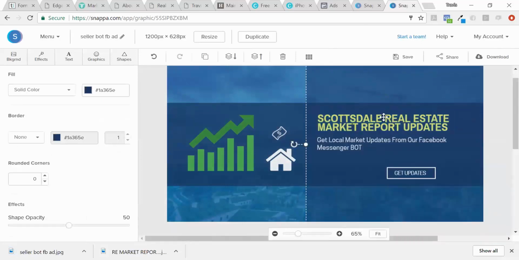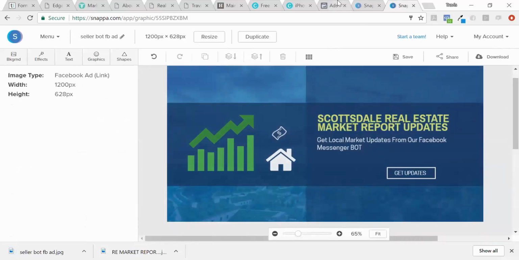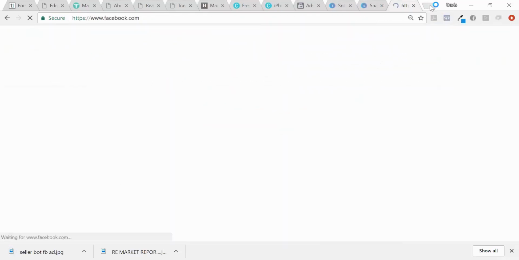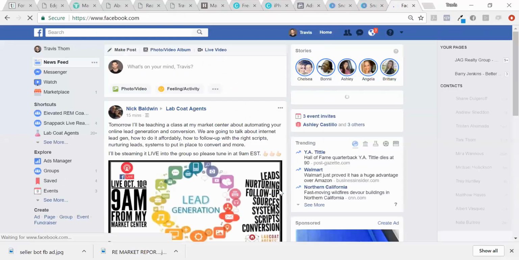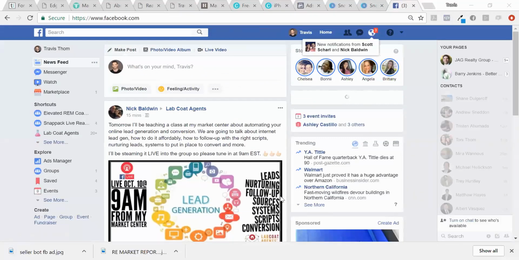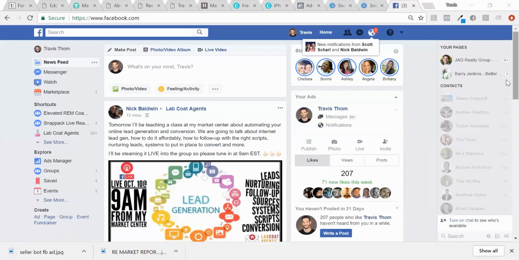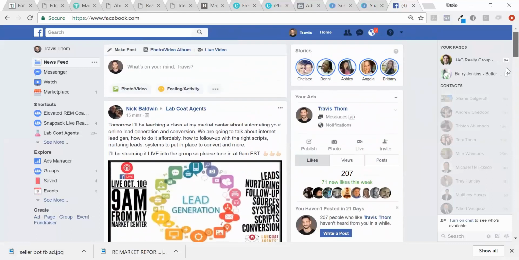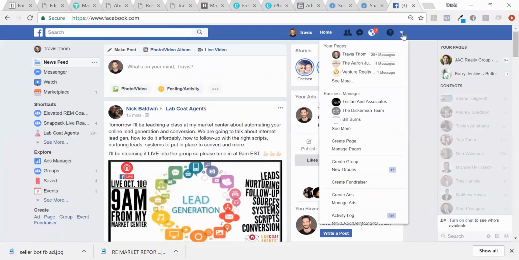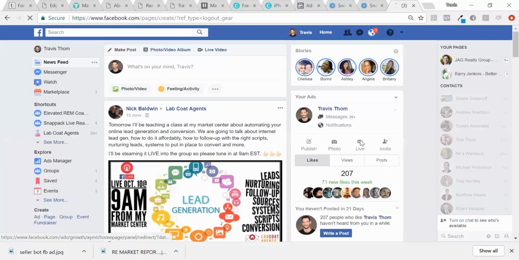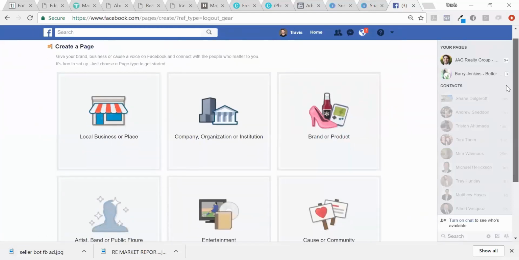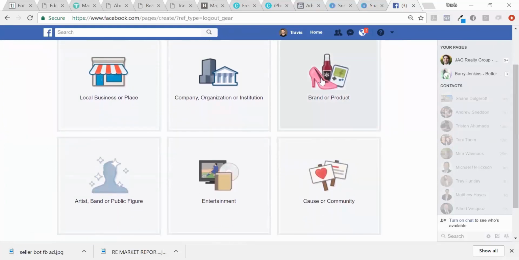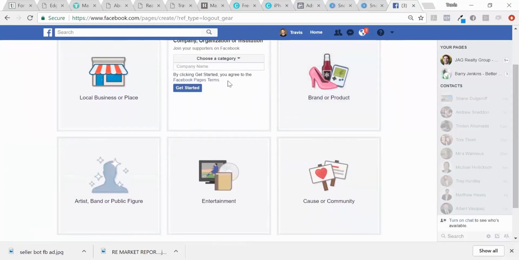So I'm just going to go ahead and copy that title there, and then I'm going to use that to go ahead and create our page. So I'm going to open up Facebook again. And we'll go into pages here, and we'll hit create page. So then this is where we can choose the pages that we want to create. So we'll go for company or organization or institution. So we'll just click that